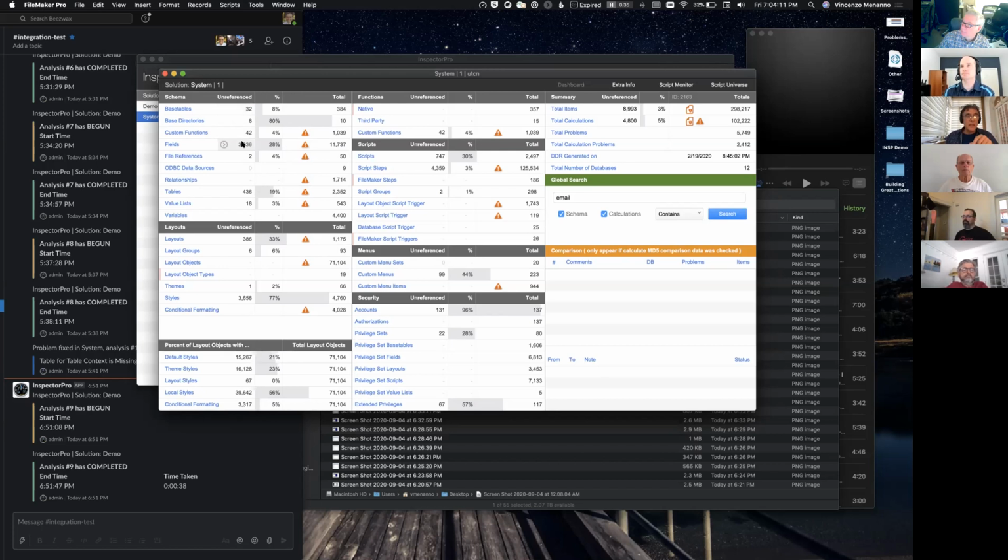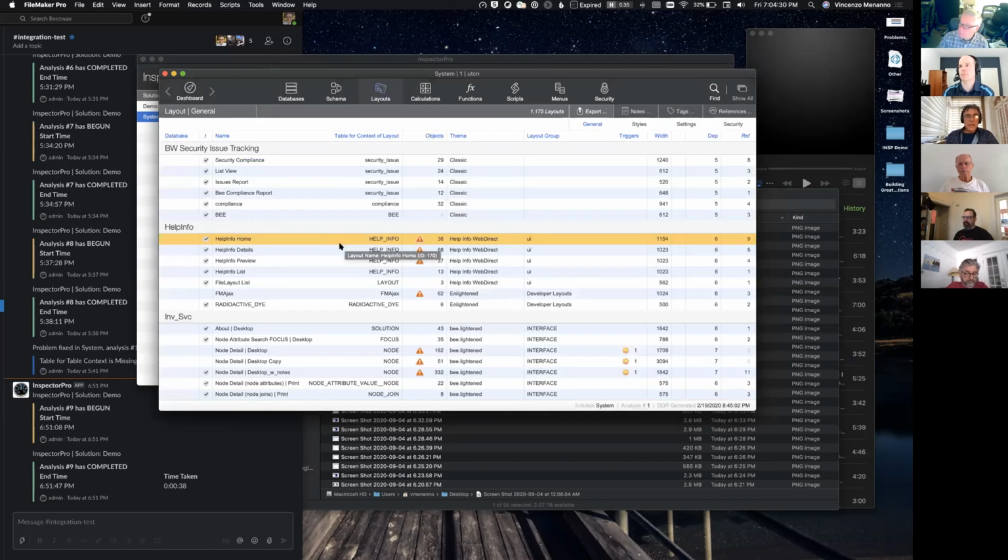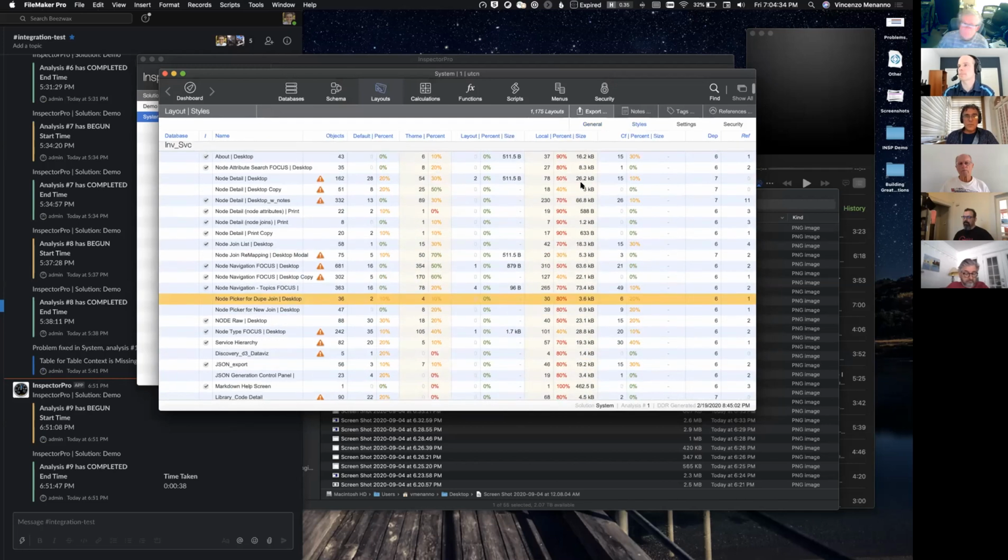I can navigate in two ways. I could click on this side and see the layouts that are unreferenced, or I can click on this number and show all layouts. And then you can click on the warning and see all layouts that have problems, and so on and so forth. So if I go to layouts and I go look at, let's say, styles, this wealth of information here,